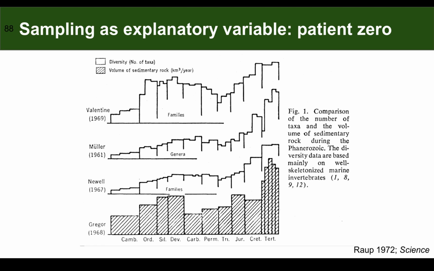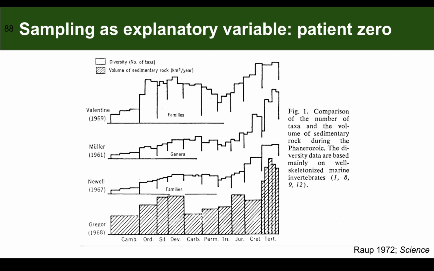So in the latter half of the 20th century, paleontologists started putting together compendia of all the fossils we know and drawing out sort of these crude diversity curves, just counting often large level taxonomic or higher level taxonomic groups such as families and genera here, which are the three curves at the top of the plot. And these broadly show this similar pattern of a relatively steep rise out of the Cambrian towards some kind of Paleozoic peak, perhaps in the Devonian, then something of a gentle drop-off towards the Permo-Triassic, and after that a steeper rise towards the present in terms of diversity.